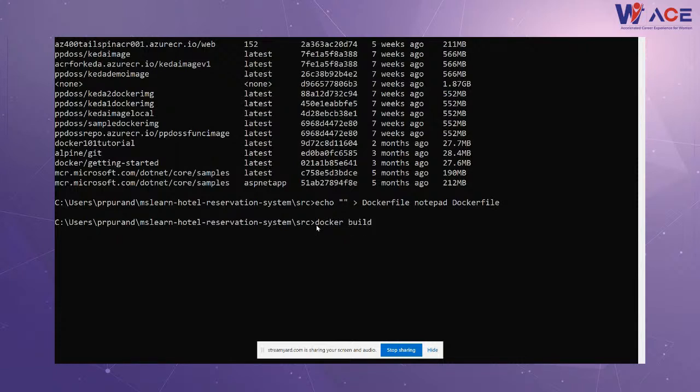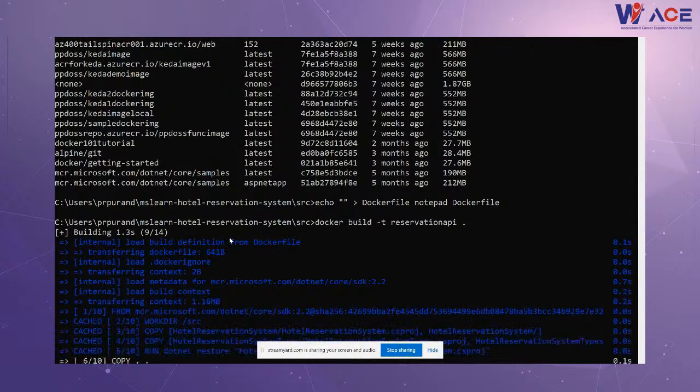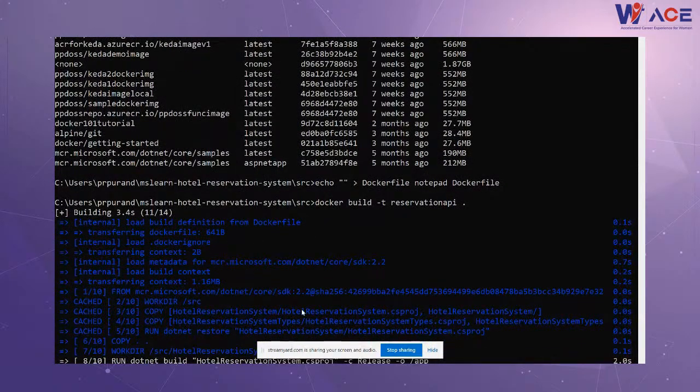Docker build -t, giving the name of the image, reservation API, dot. So I'm saying that go ahead and pick the Docker file from this location. And if you can see my screen,